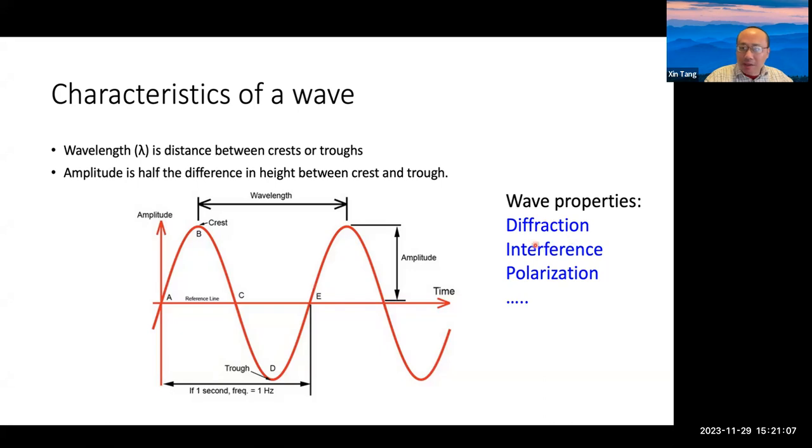Also interference, that's very important. Also polarization, also very important. I think I showed you some pictures of the muscle, right? Of the muscle picture that was imaged by a polarization microscope. Because in the muscle, there are many